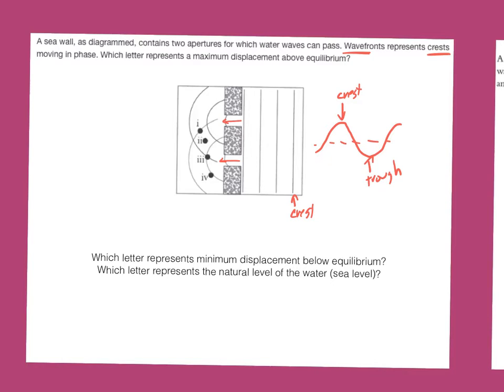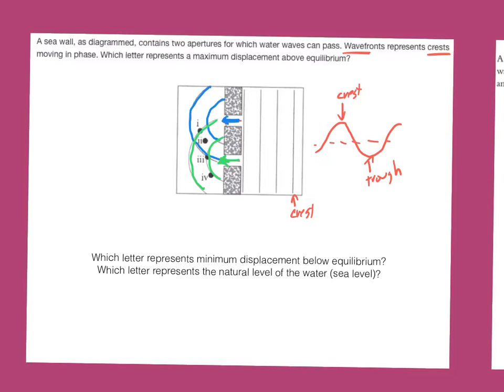Well, the key here is to recognize that there's 2 waves, right? One, which is the wave which is diffracting, right? This is diffraction. The wave is spreading out as it goes through this hole. Okay, there's a second wave that's right here, which is diffracting out of this hole right here, right? So you've got 2 different holes, therefore creating 2 new waves, and as they cross, that's where we're going to